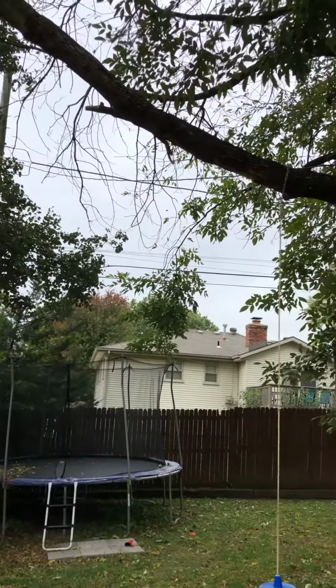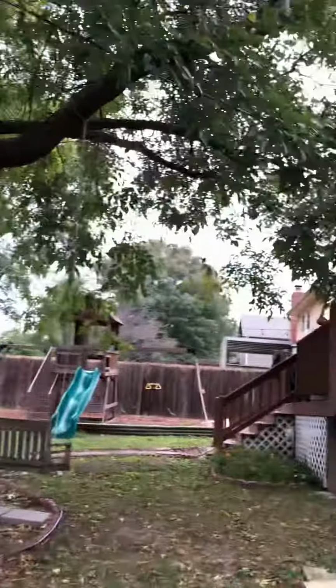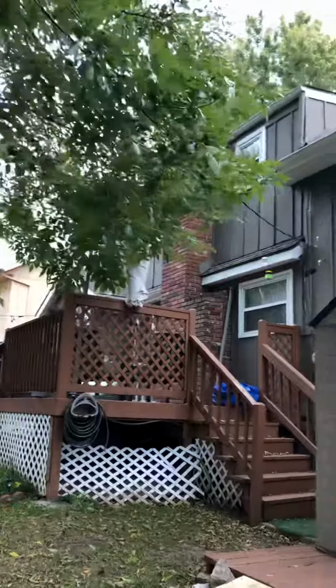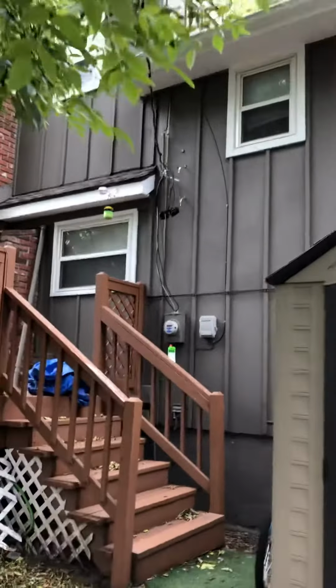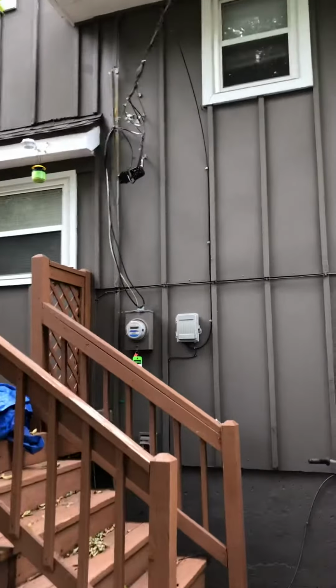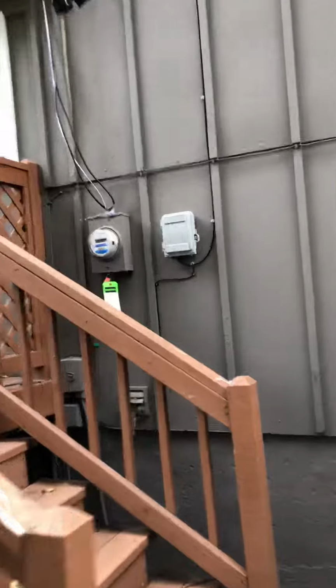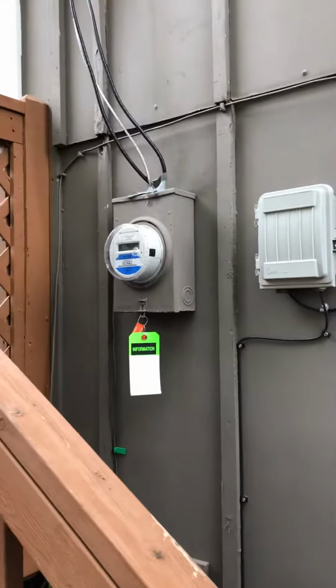So what we're going to do here is we are going to make a coordinated effort with KCP&L. We will have them out to unhook this overhead line. We'll have the tree service out to trim up the tree limbs to hopefully prevent something like this from happening in the future. And then the fix here is going to be replacing the electrical meter box you see there